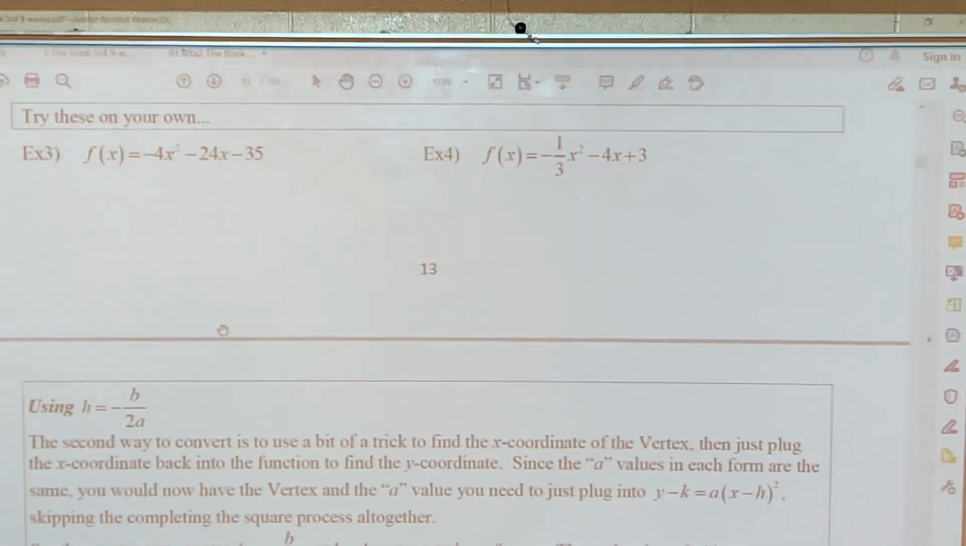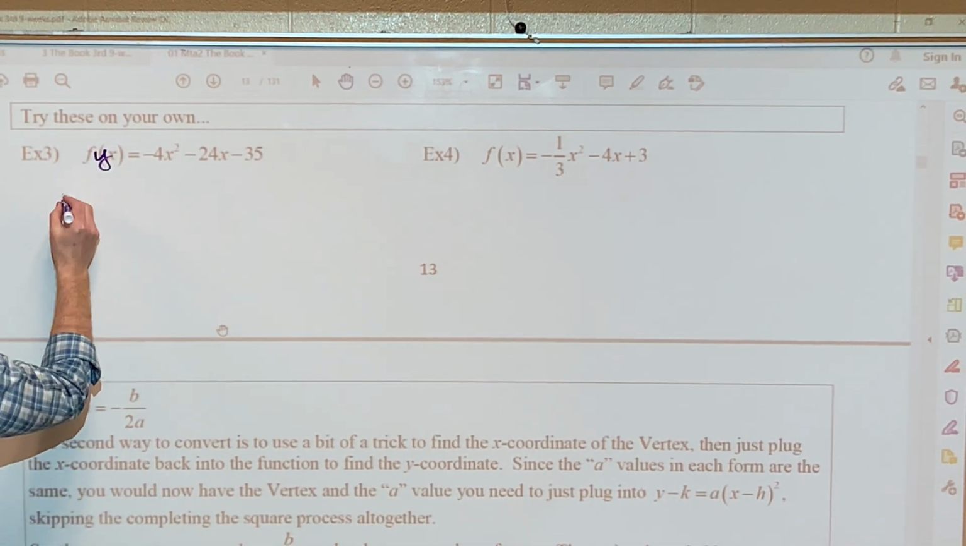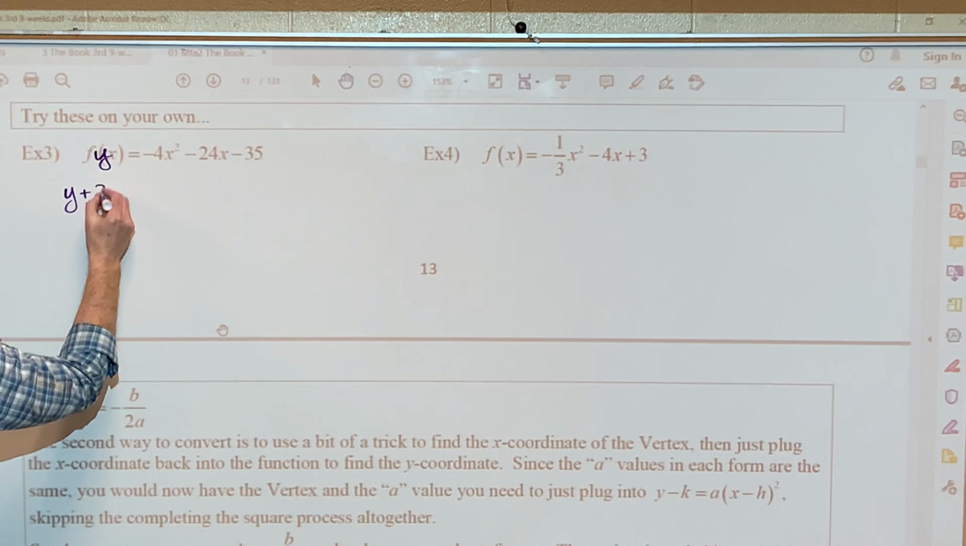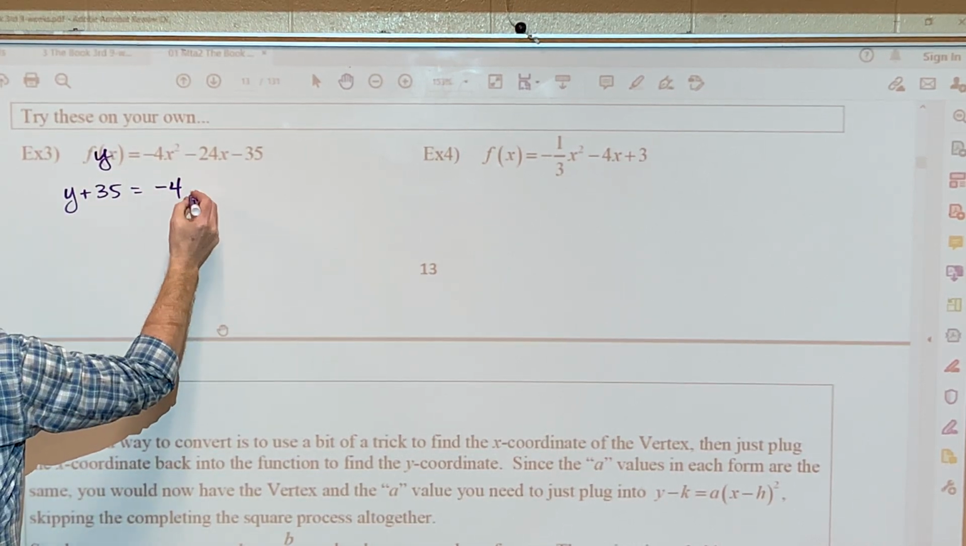What about this? So help me out. First step, you do what? Change f(x) to y. Great. Second step? Put the 35 on the other side. So add 35 to both sides. That cancels it on the right, makes it positive on the left. Next step,